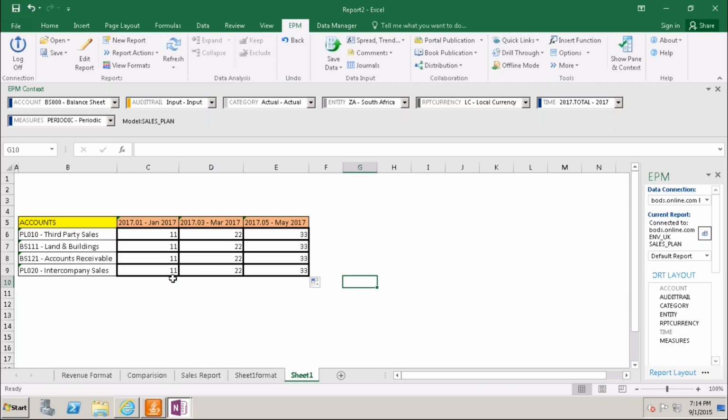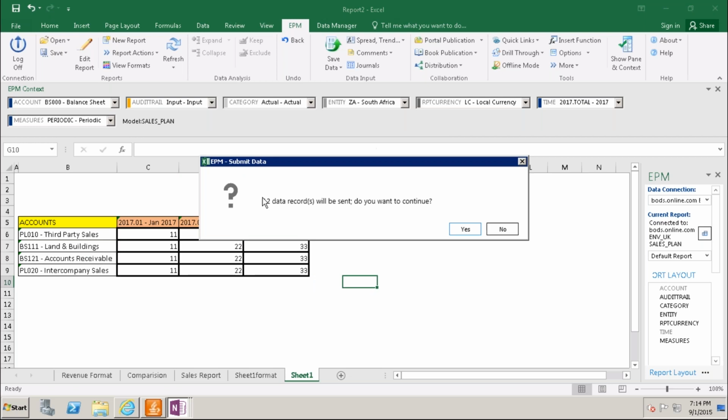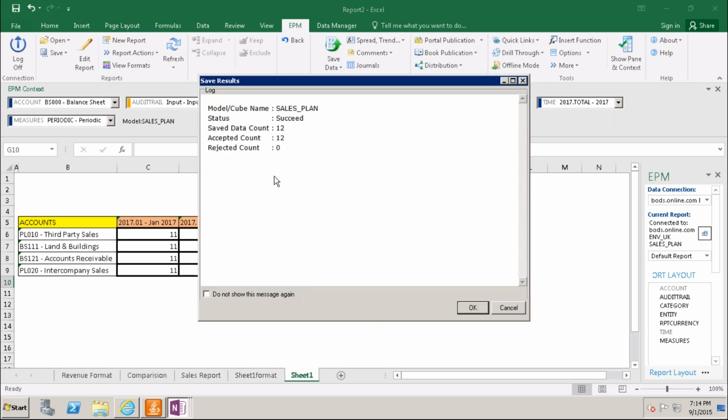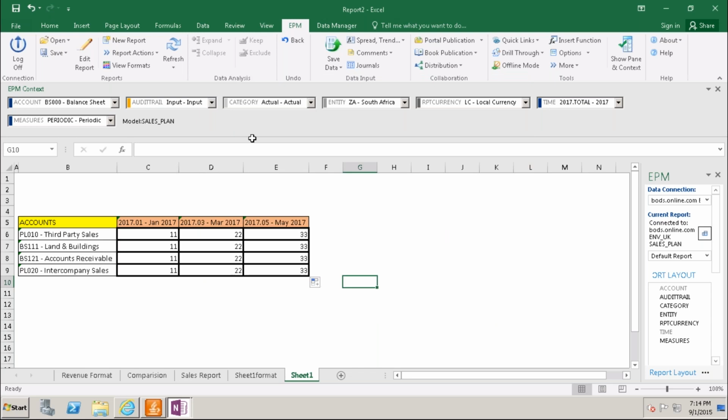We have 1, 2, 3, 4, 12 records. Now 12 records I'm sending here. Then all 12 accepted. So now just refresh this. So the data will be here.